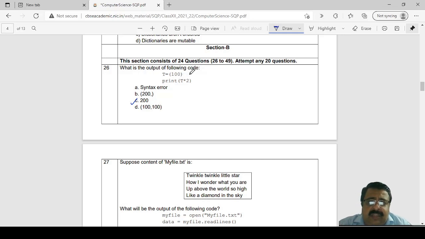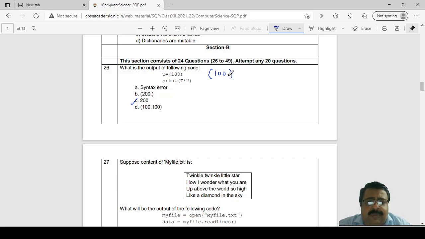Now the problem here is that T is equal to parenthesis 100. This will be converted automatically to an integer, because for having a single element in a tuple, it should have been written like 100, comma.